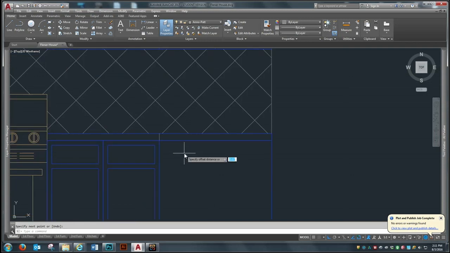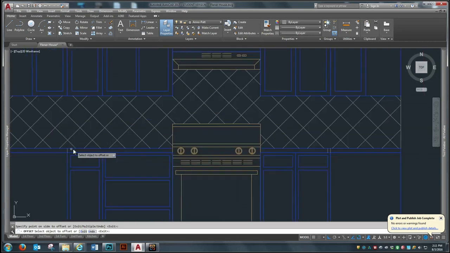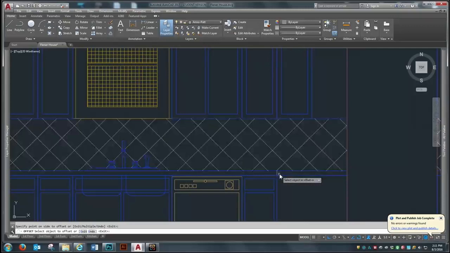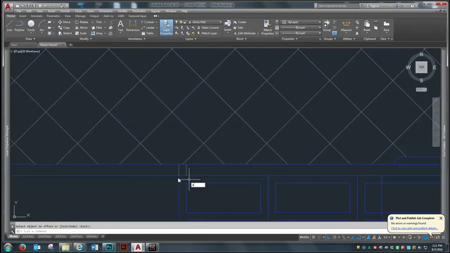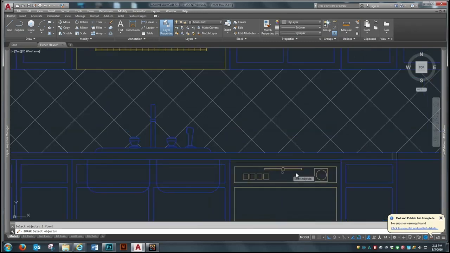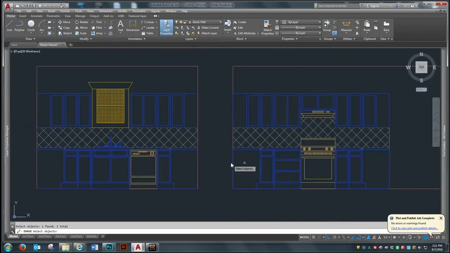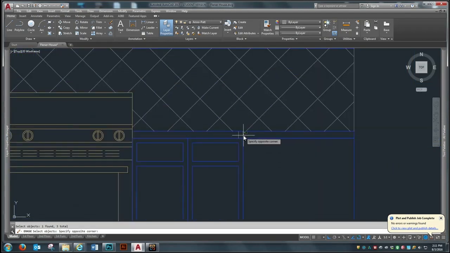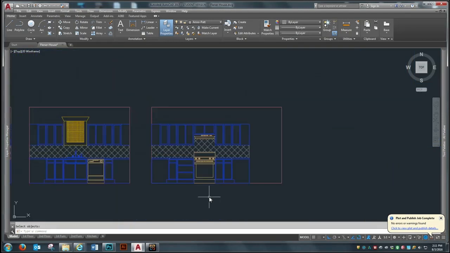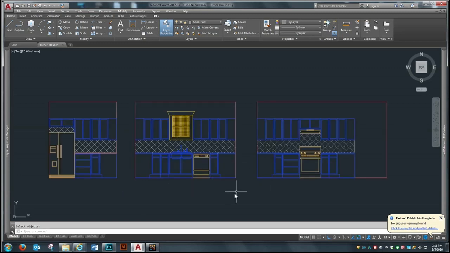Offset it, and erase the original line. Okay, that's correct now. Then we want to show